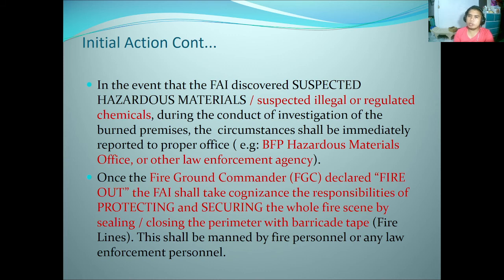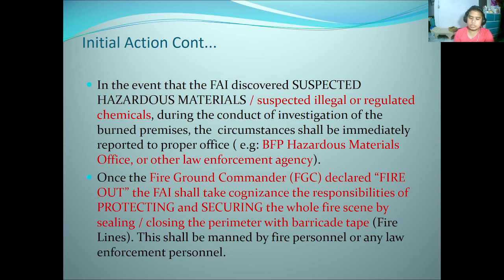Ginagawa po yan to avoid yung MAC rule na tinatawag natin, the mutilate, alter, or contaminate the evidence itself. Kasi minsan, guys, yung mga bystander, hindi mapigilan. Kaya kailangan daw i-issue, no? Lumalaban pa nga sa Bureau of Fire Protection. Kaya ang proposed measure is to issue a gun to protect not only the crime scene itself, but to protect their life also, no? Kasi delikado rin naman talaga ang buhay nila dyan, guys. Delikado rin ang trabaho nila kasi sunog po ang kanilang